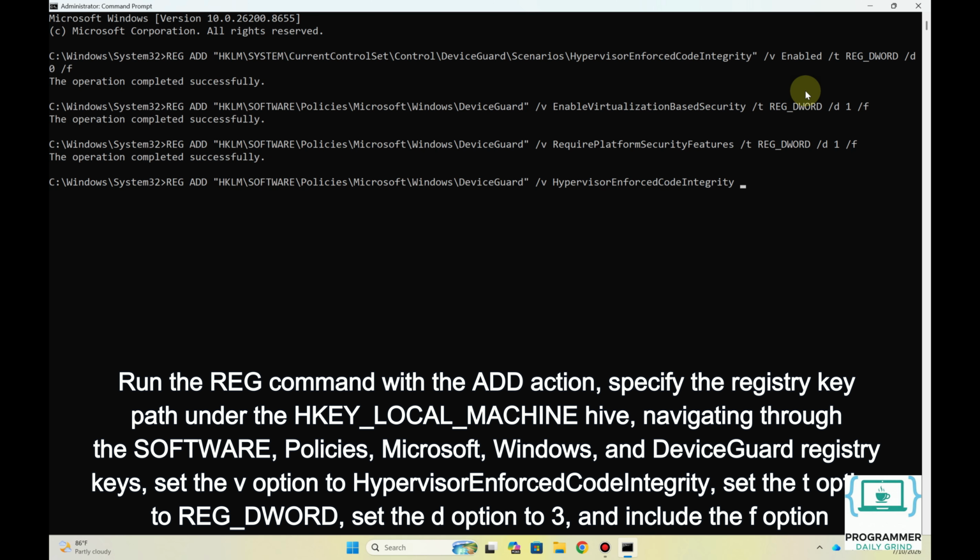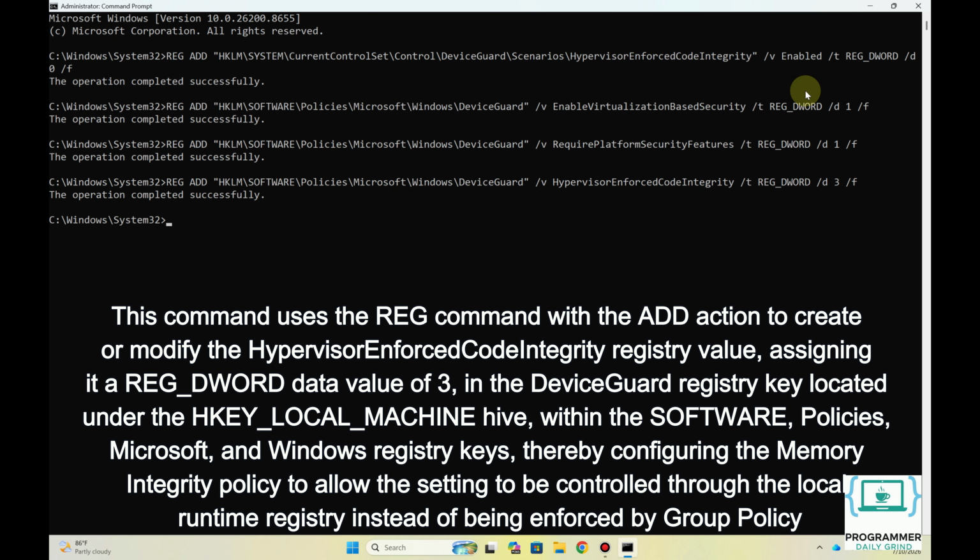Set the V option to Hypervisor-Enforced Code Integrity, set the T option to REG_DWORD, set the D option to 3, and include the F option. This command uses the reg command with the add action to create or modify the Hypervisor-Enforced Code Integrity registry value, assigning it a REG_DWORD data value of 3, in the DeviceGuard registry key located under the HKEY_LOCAL_MACHINE hive,